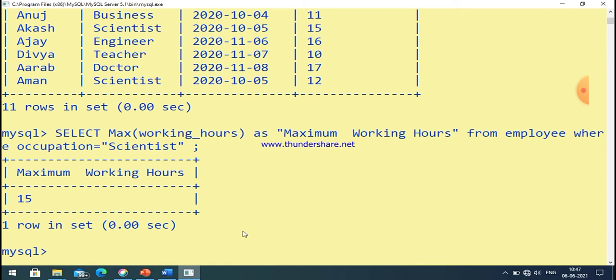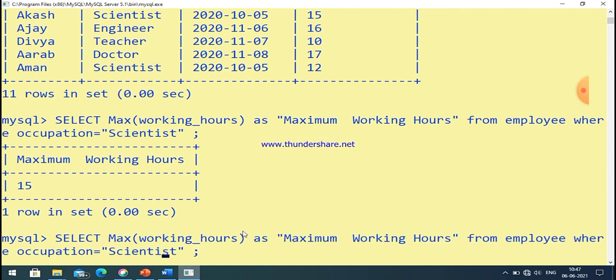And if there is more than one condition, let us say occupation is equal to scientist and one more condition.